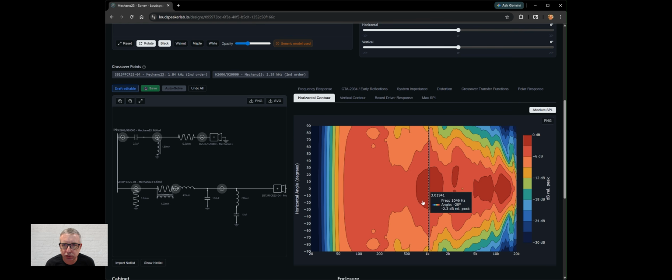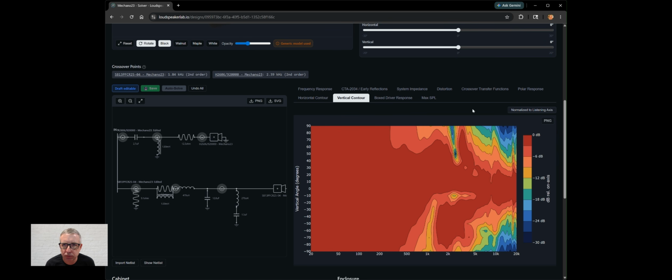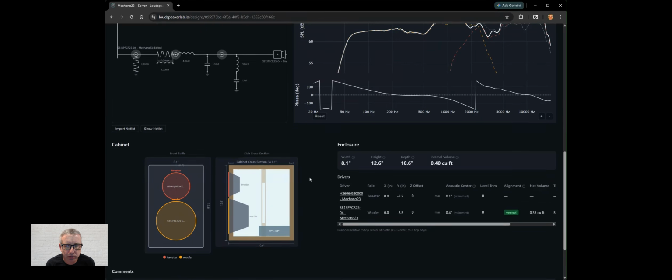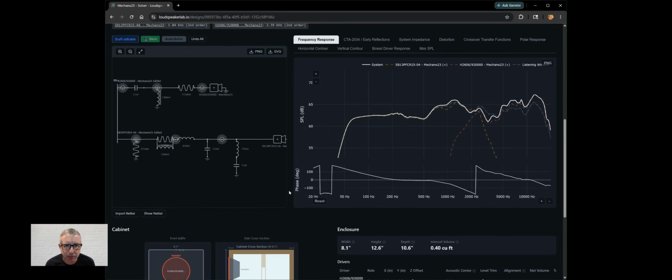So this is just reflecting the peaks and the dips in the on-axis response. And you can see the same for the vertical contour. So maybe in a future video, I'll compare the results of this solved crossover with Xmechanic's actual designed, human designed and manually tweaked